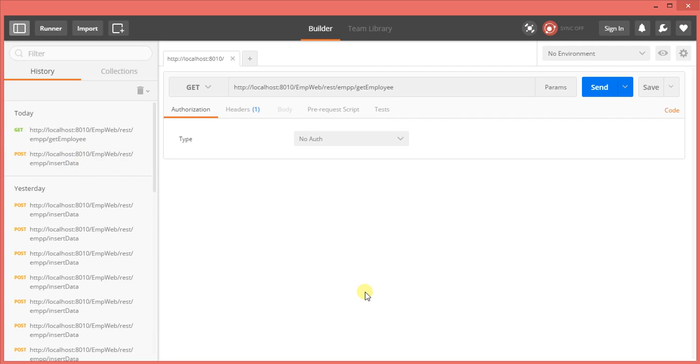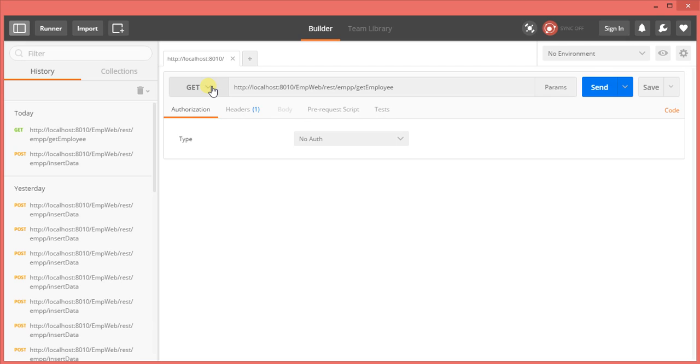So we maintain some history, and if you use this history, we don't need to make the request again. Okay, and these are the tabs. If you want to send requests to different services to get responses, you can click the plus here and work with different services.